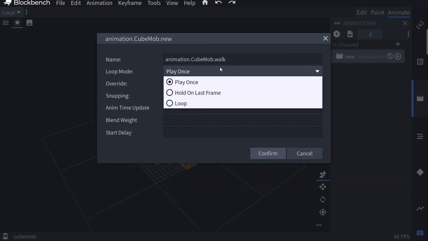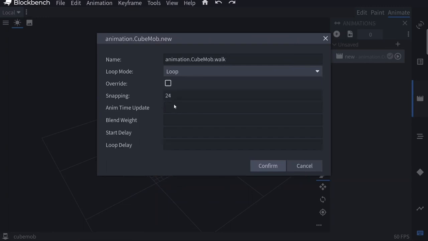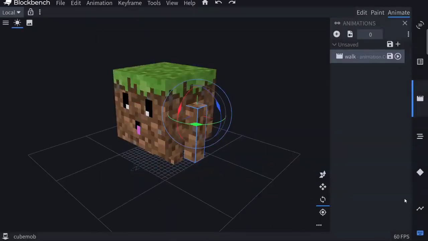So for me, I'm going to be making a walking animation and I want it to keep looping while it's walking. So I'm just going to select this option, and the rest of these options don't really matter. So here I'm just going to hit confirm. And to edit your animation, you want to go down here and select this option, and this will show you